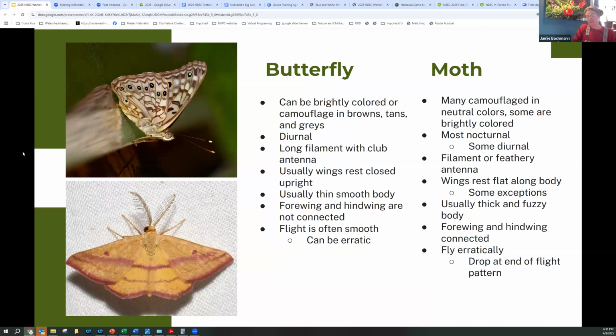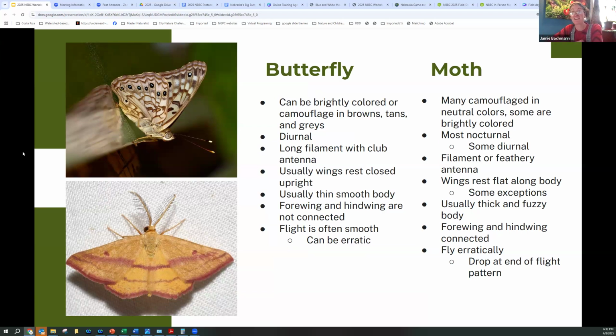Now some more stuff about the exceptions to the rules. I love this. So the difference between butterflies and moths when you're trying to identify them: butterflies can be brightly colored, but they can also be camouflage browns and tans. Moths are mostly camouflaged in neutral colors, but there are also some that are brightly colored.